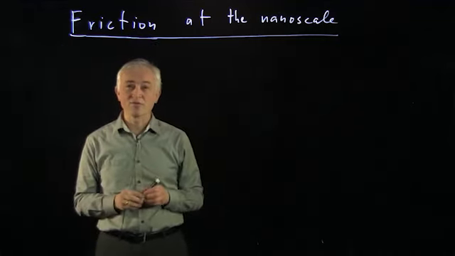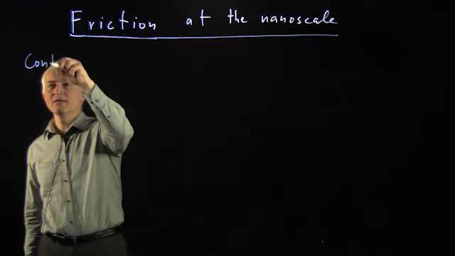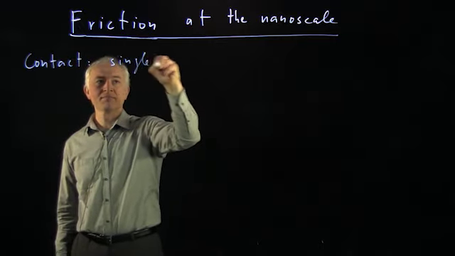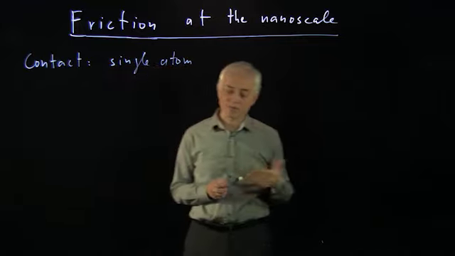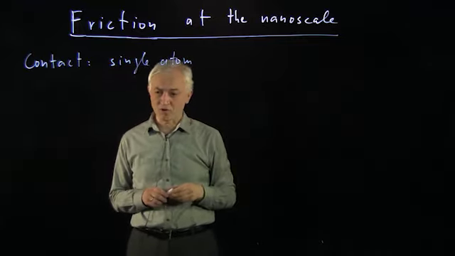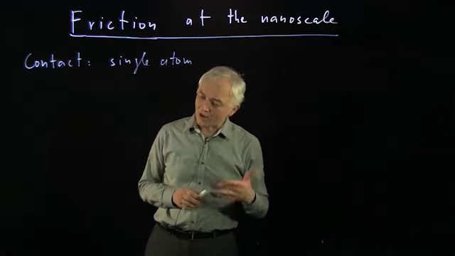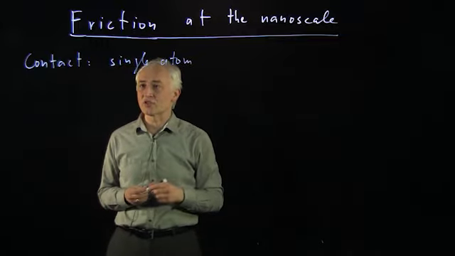So far I have told you about something very simple, namely when the contact is a single atom. And even making this very simple approximation, we can also already understand why the friction force is approximately proportional to the normal force. Now in real life, probably there's more than one atom touching the surface.